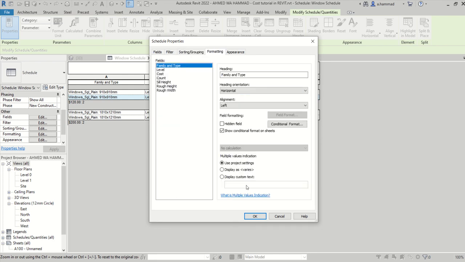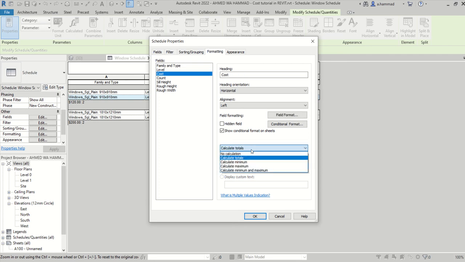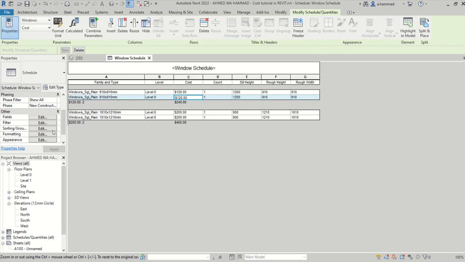And if I go to formatting, if I click on cost, as I said, we had the calculate totals. So all of that can be formatted by clicking on that left-hand side properties panel. All right, so